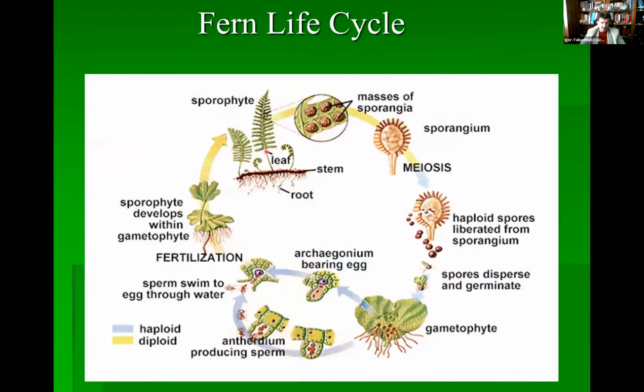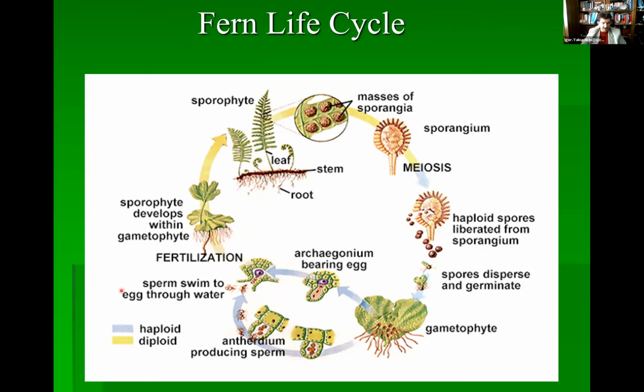We're talking about the leaf, the stem, right, root, so the underground stem known as the rhizome. On the fronds, we'll see the clusters of sporangia. Within the sporangia, meiosis takes place, producing genetically different spores. The spores get into comfortable conditions, germinate, and grow into the Irish Valentine, producing archegonium and antheridium.